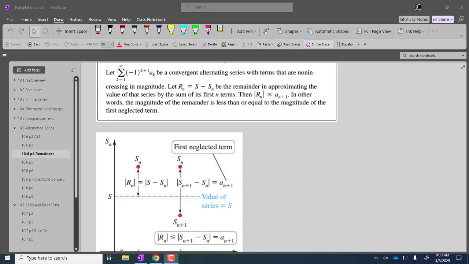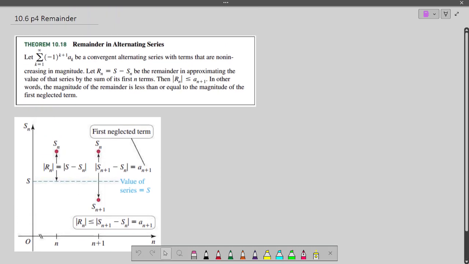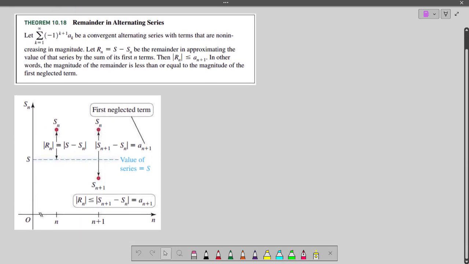The alternating series remainder. So I mentioned this on Thursday, that the one type of series that we are going to look at the remainder in some detail is the alternating series. And so in the big picture,